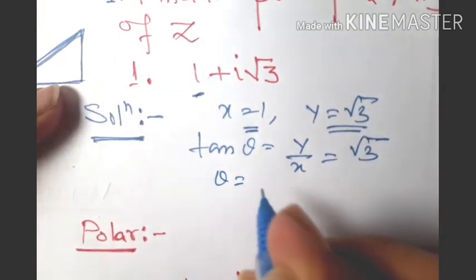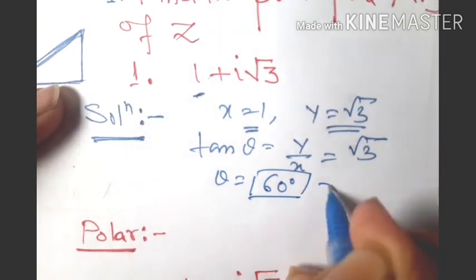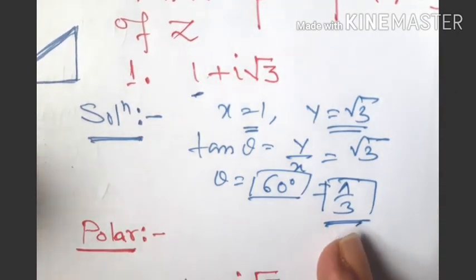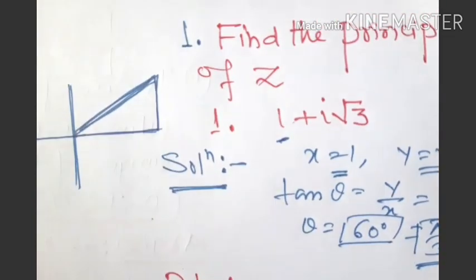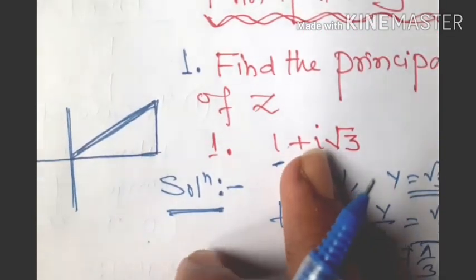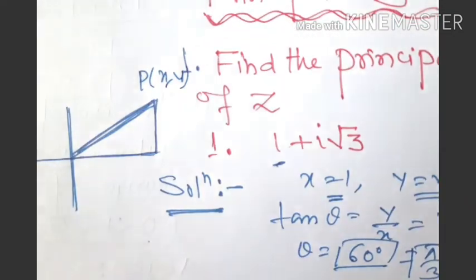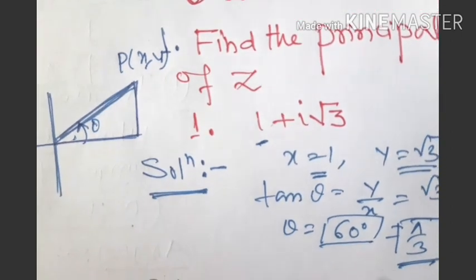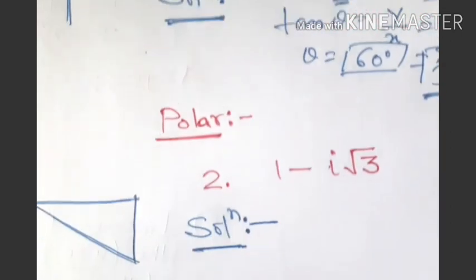So the theta will be what? 60 degrees. 60 degree means what actually? Pi by 3. So this will be the argument. Why? Because this particular complex number lies in the first quadrant as (x, y), and this angle here is theta. So that's why you have got it. Now for the second case,